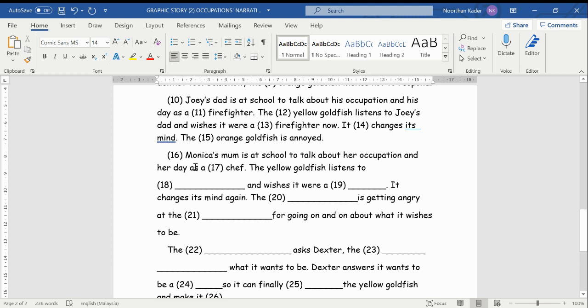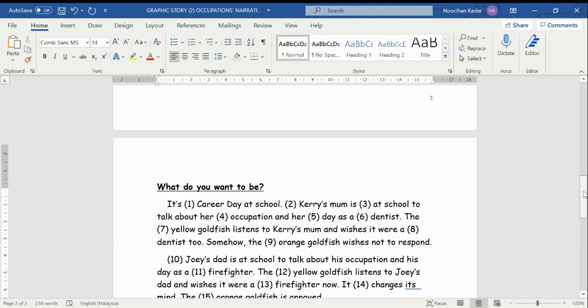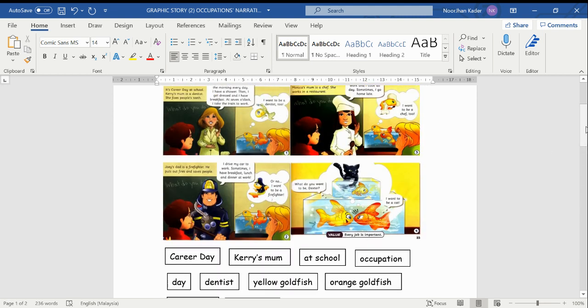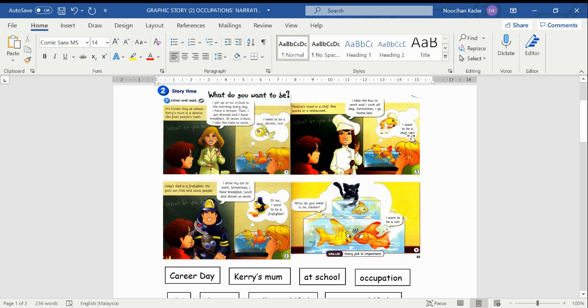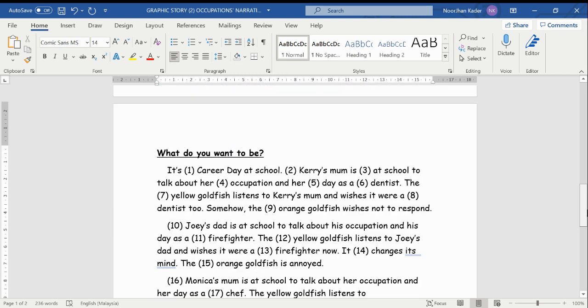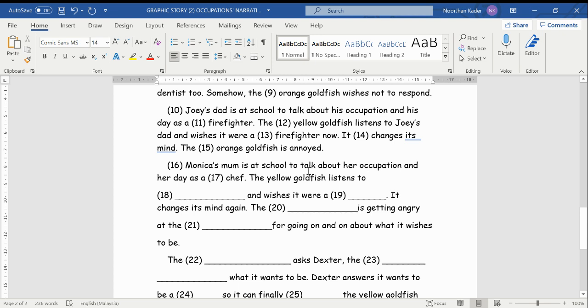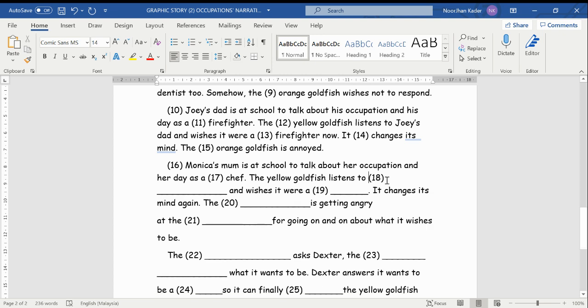The yellow goldfish listens to who? Whom does the yellow goldfish listen to in the third frame? The yellow goldfish listens to Carrie's mom. Listens to Carrie's mom and says, I want to be a chef too. So what are you going to answer here? So the yellow goldfish listens to Carrie's mom. So here will be